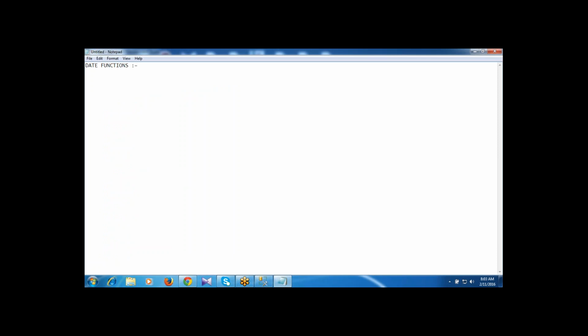The GETDATE function returns the current date and time. Right?